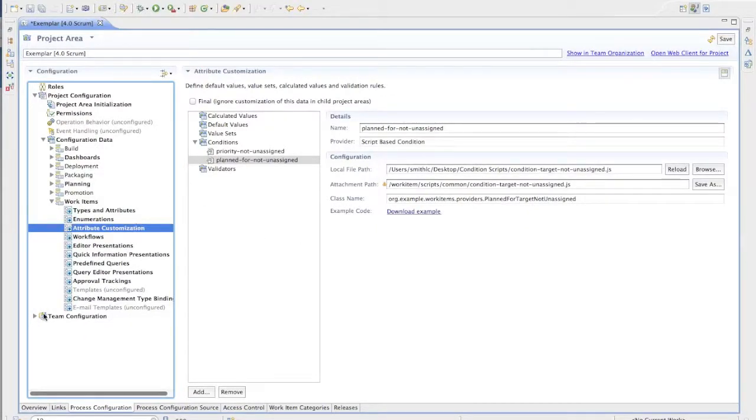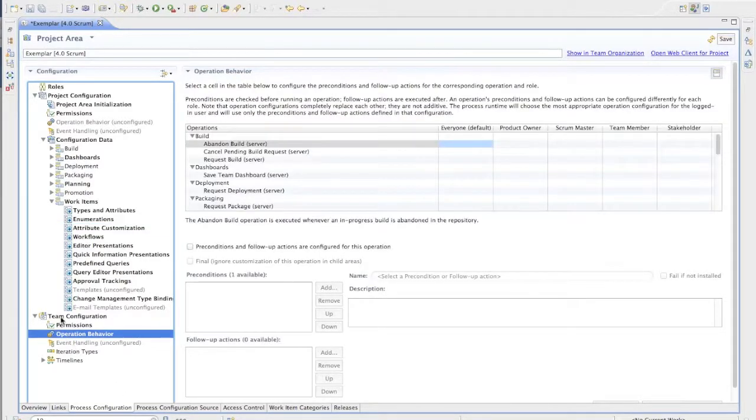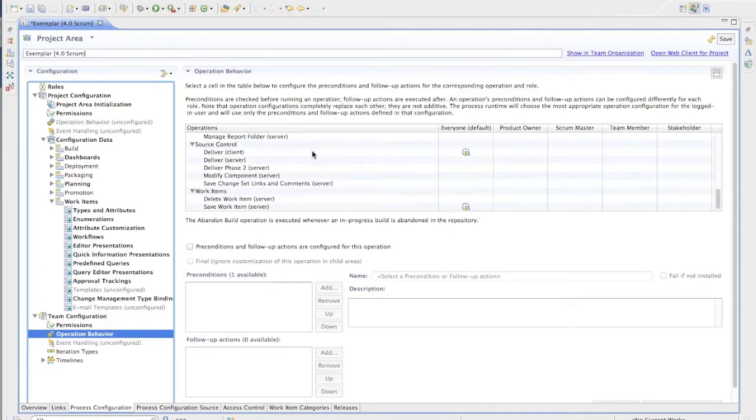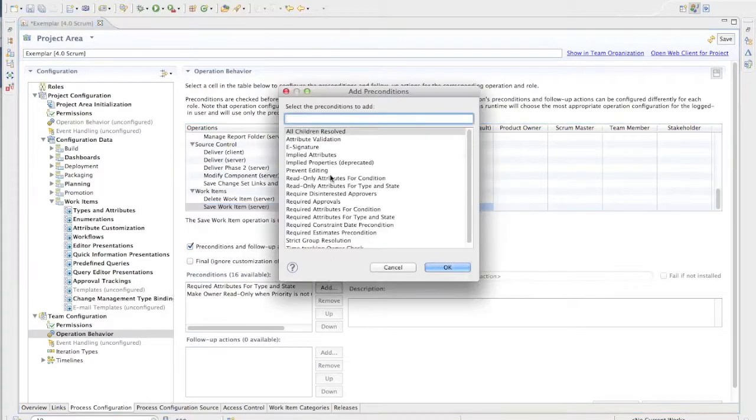Now we need to assign that to an operational behavior. So we come into the operational behavior in the team configuration, and here are the different conditions that have been defined here for the various things that happen. So when we save our work item, everyone, you can do this by role, but in this case we're going to define it to everyone, has these conditions, and we're going to add a new condition, and we're going to call this a read-only attributes for condition,